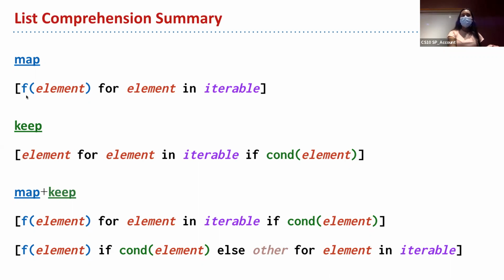You would say f, and f is your function that you're trying to map over the element, for element in iterable. Iterable is like some object that you can iterate over. So that's usually a list, but you can also do it with strings. And we're just applying that function to each element. So it's going to look something like this. Again, element is a placeholder, so it can be whatever you want. I often just use x for simplicity, but it can be anything that you want.